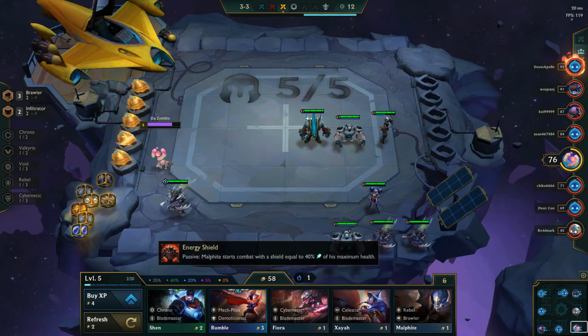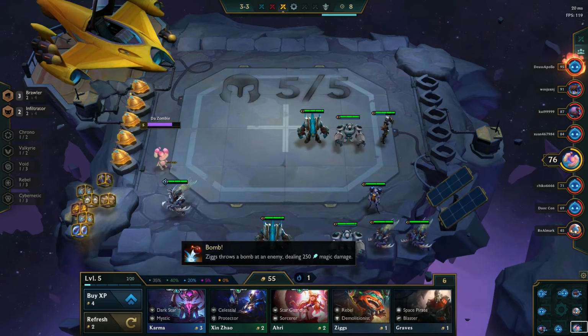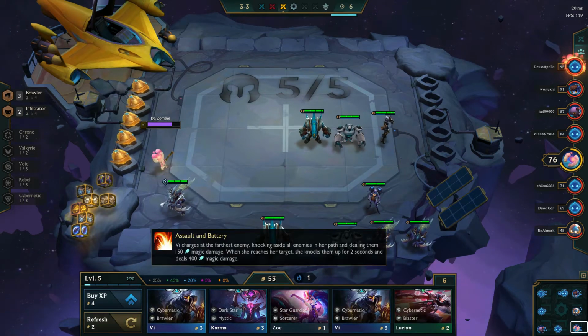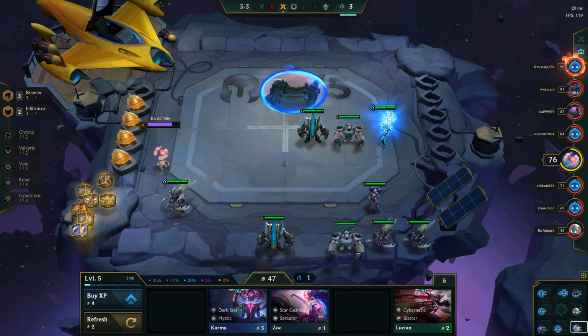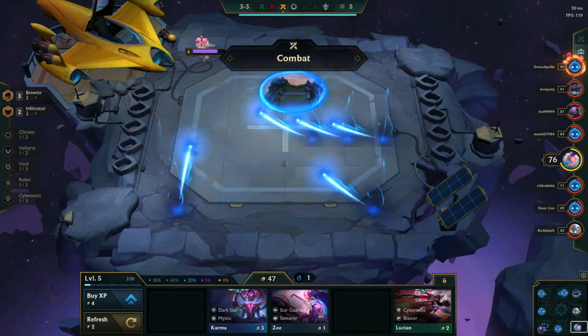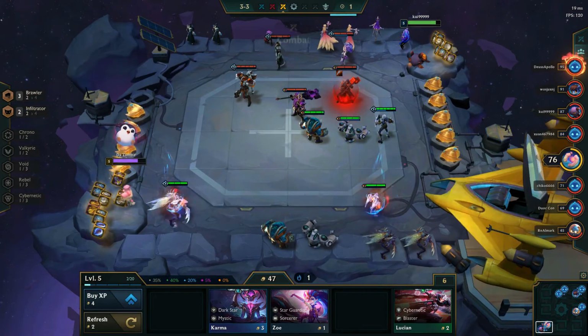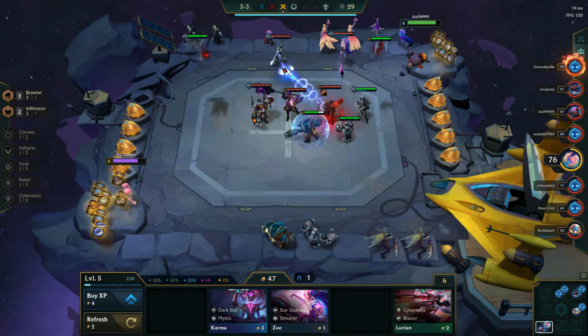There's a Malphite that I needed. And there's 2 Vi's. Unfortunately, buying the 2 Vi's, which was kind of unexpected, has put me below 50 gold, which you want to try to avoid, if possible. So here I'm going to wait to see